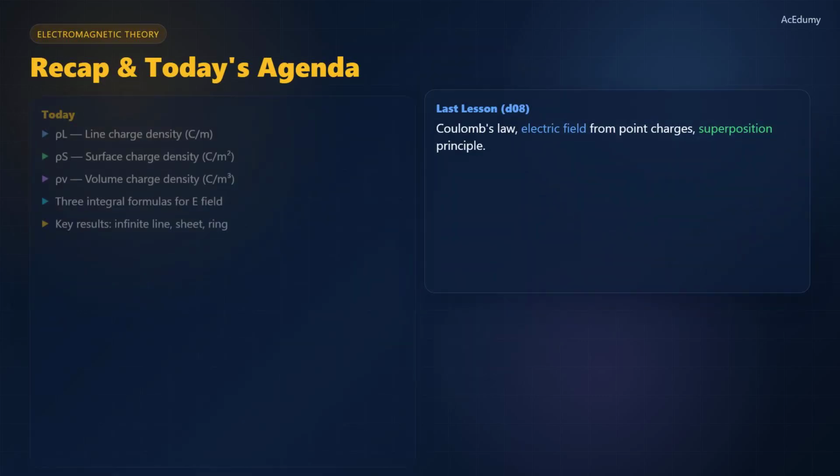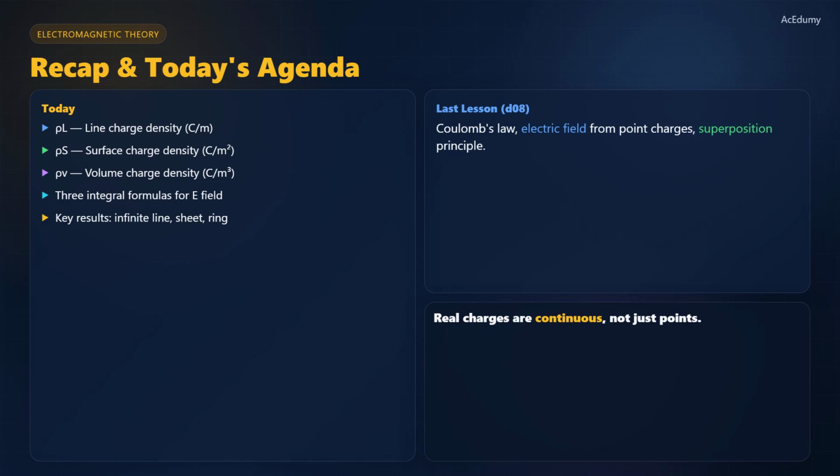In our last lesson, we learned Coulomb's law and the electric field due to point charges. We used the superposition principle to add up contributions from multiple charges. But real-world charges are rarely isolated points. A charged wire, a metal plate, a cloud of electrons, these are all continuous distributions of charge. Today, we'll learn how to find the electric field when charge is spread along a line, across a surface, or